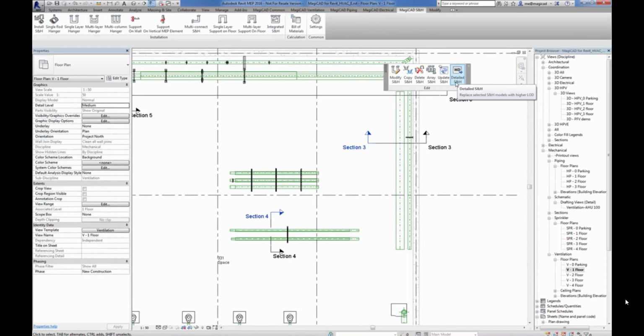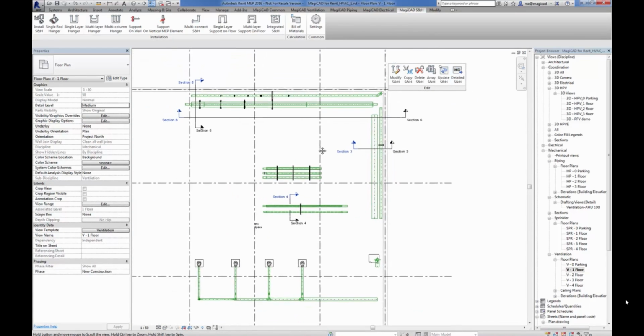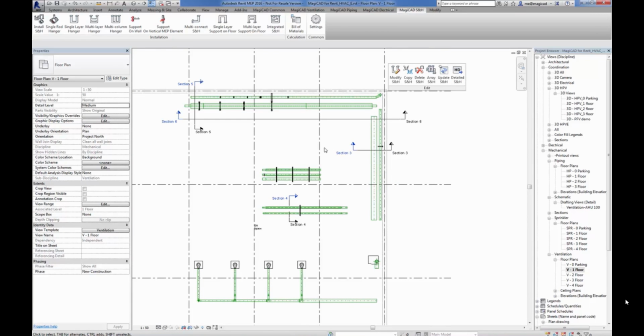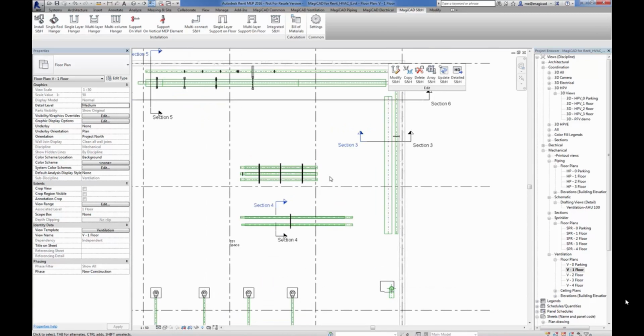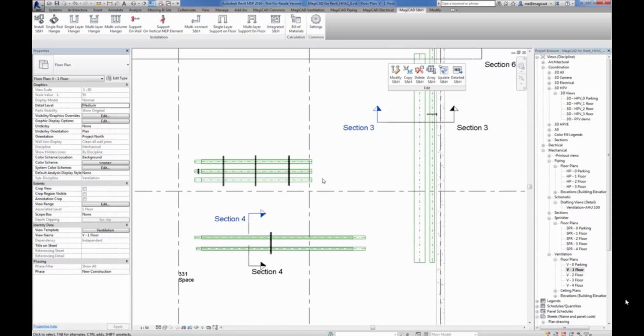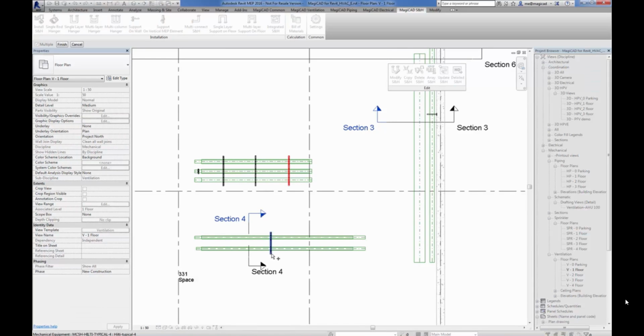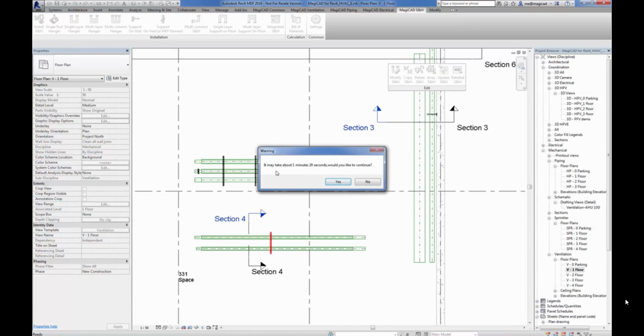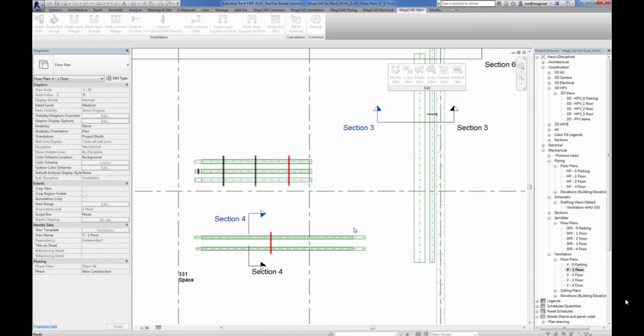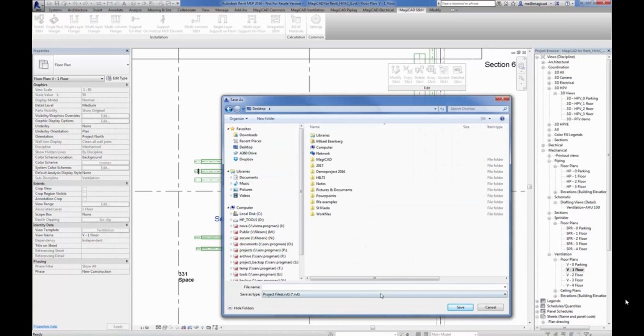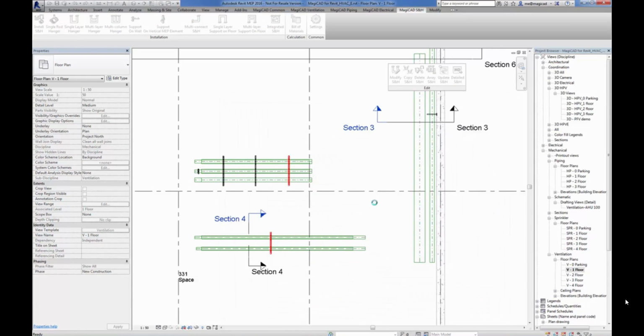hanger. This is basically a save as function, so if the user would like to create a high definition of some specific support and hanger type, it is possible to do that with this detail. In this case I'm taking detailed support and hanger. I select the hanger types that I would like to export, click the finish button. It calculates. It will take about 1 minute and 20 seconds, so I give an estimation of how long it will take, and I just name this 1, 2, 3, and then it will create